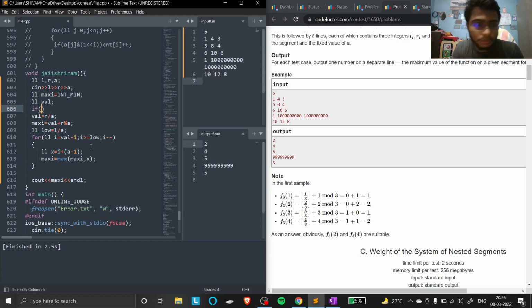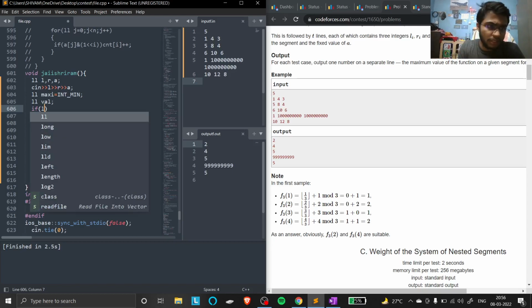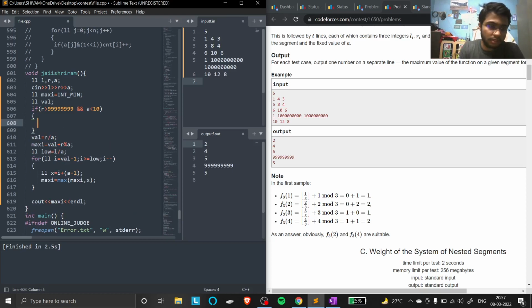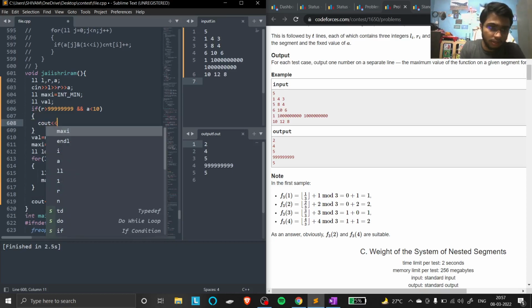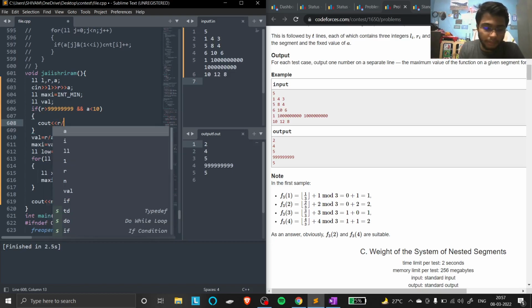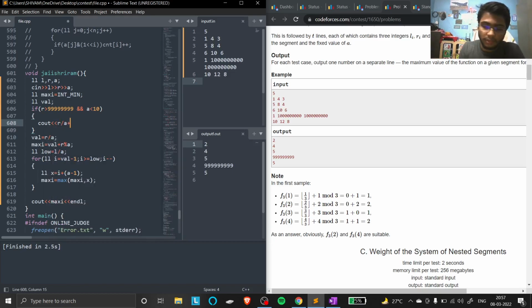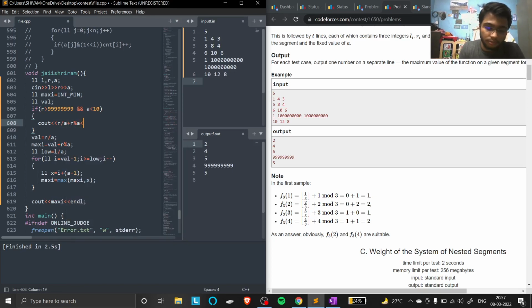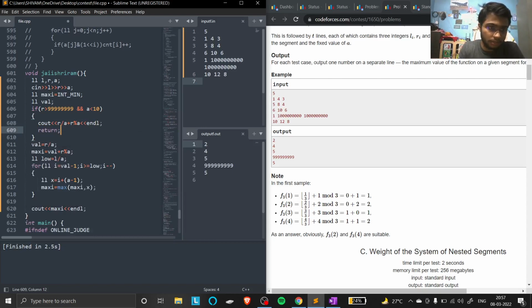Hmm. So if the value of R is greater than 2, 3, 4, 7, 8. Fine. This is the case and A is less than 10, L is also less than 10. So directly you can put the answer would be R divided by A plus A minus R percentage A and L. Fine. If this is the case,